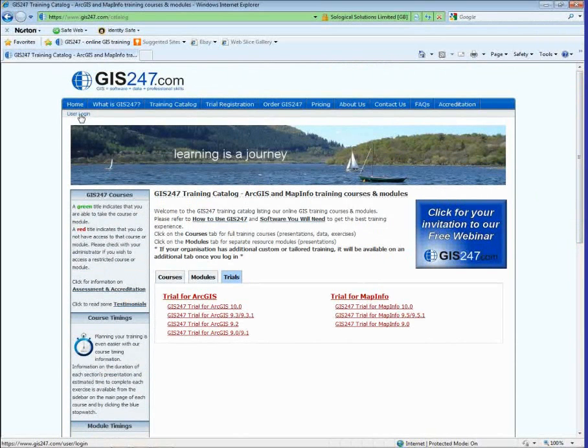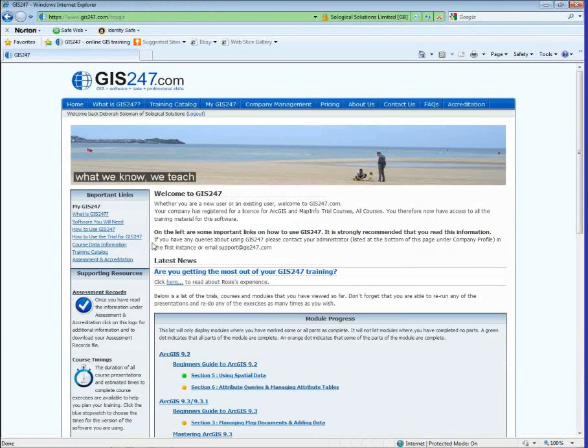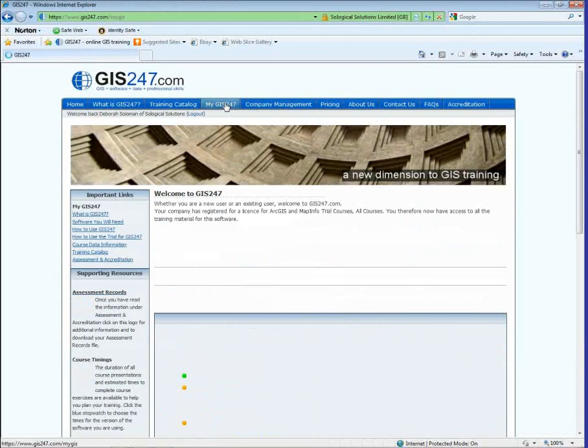Let's log in to the site. So if I click User Login, that gives me the login page. To log in, a user inputs their email, which is based on their organisation's domain. And then they input their password. Once logged in, at the top, the tabs on the GIS247 site change slightly, and I've landed at my GIS247